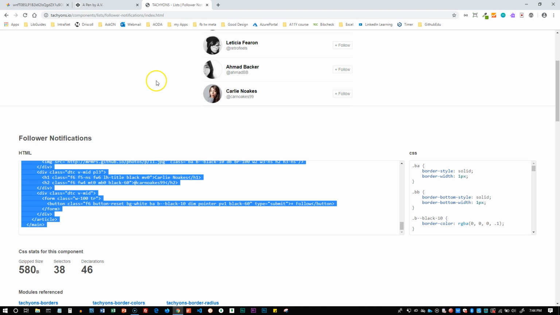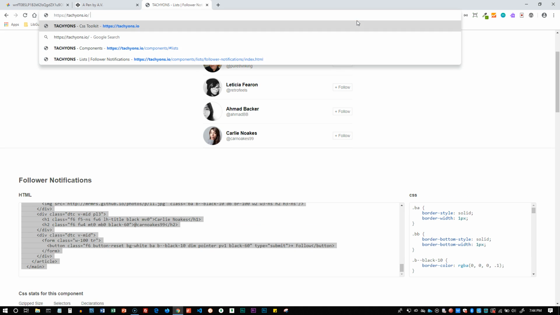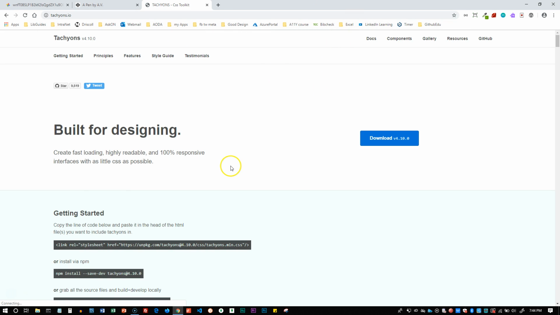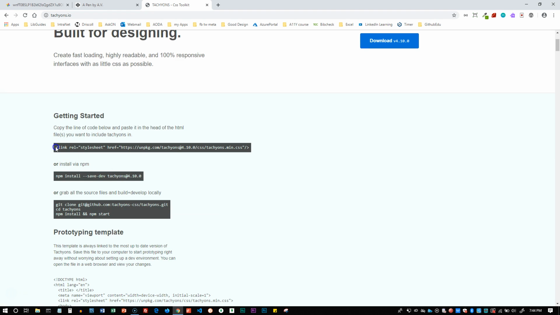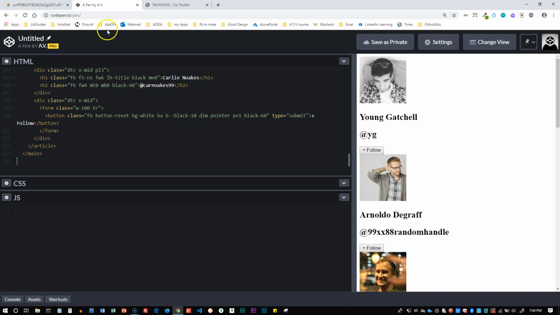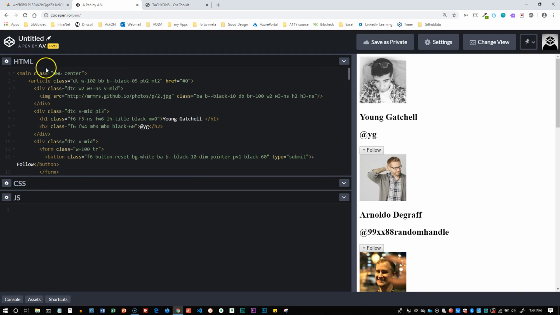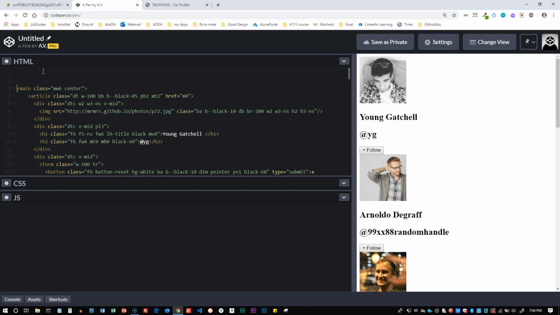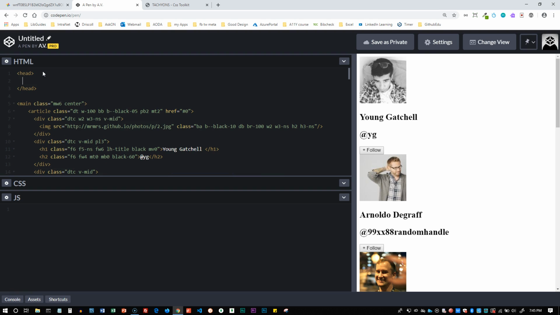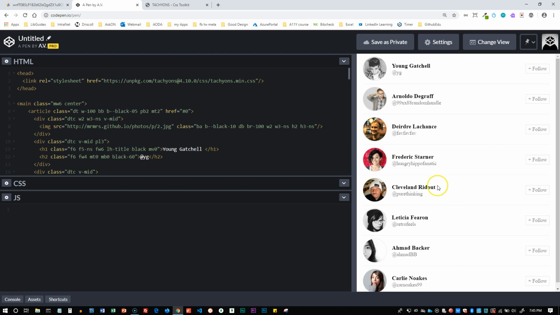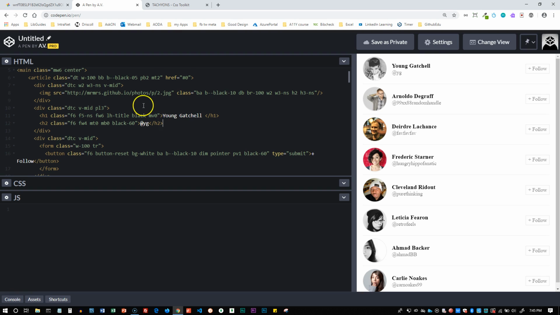So now I need their CSS. So let's go to their home page, and they have a getting started here. So I need to include their CSS. So copy that, and let's put it in here. There. So now it should look, there it is. Okay, great. So what's essentially going to happen is when I fetch the JSON data, which I'm going to get